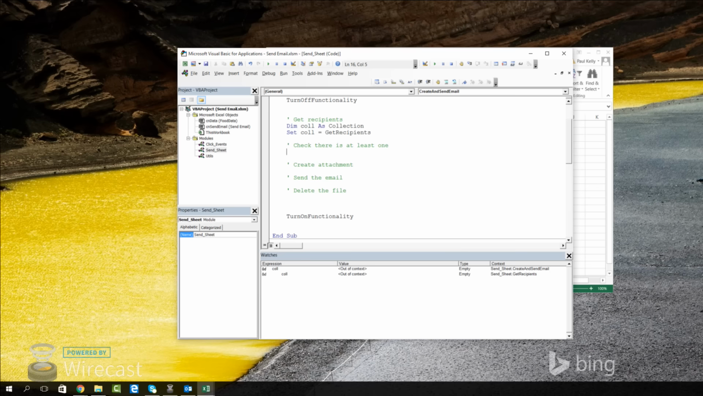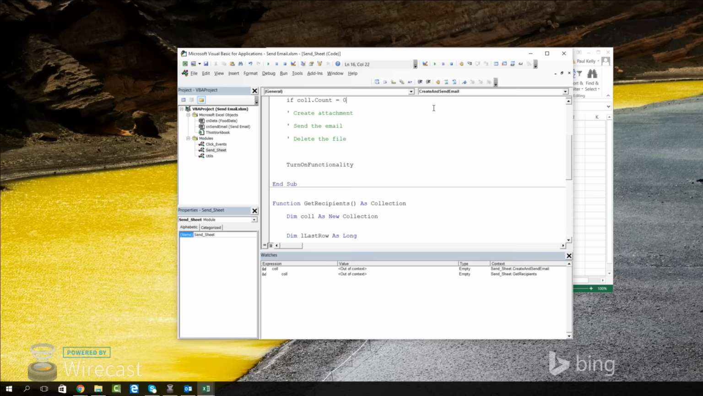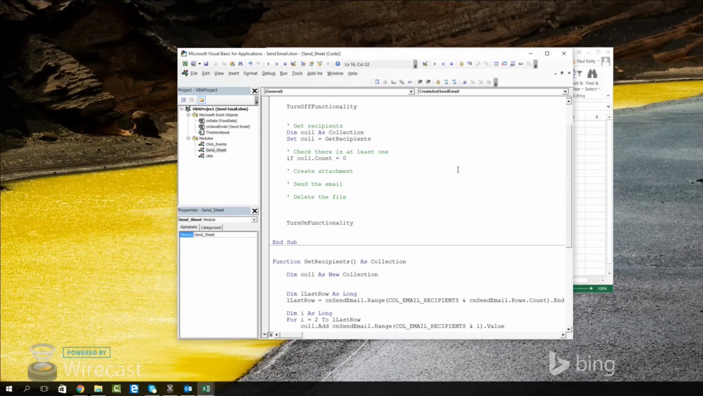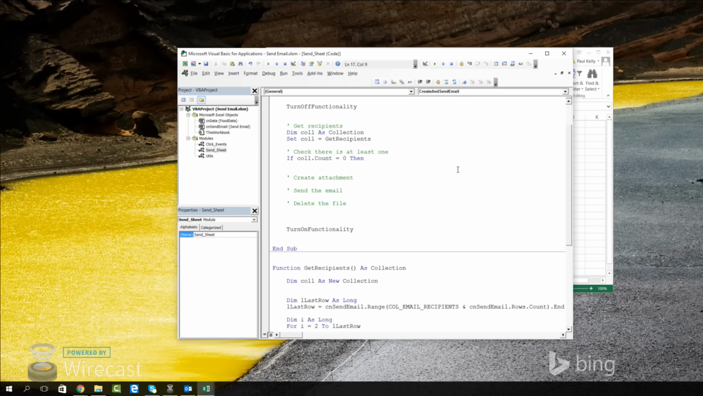So what we want to do then is add some code. We want to check when the user gets back the set of collections if they got back something. So if count equals 0, and let me just move this down a bit. So if count equals 0, in other words, if we didn't read any recipients, we want to let the